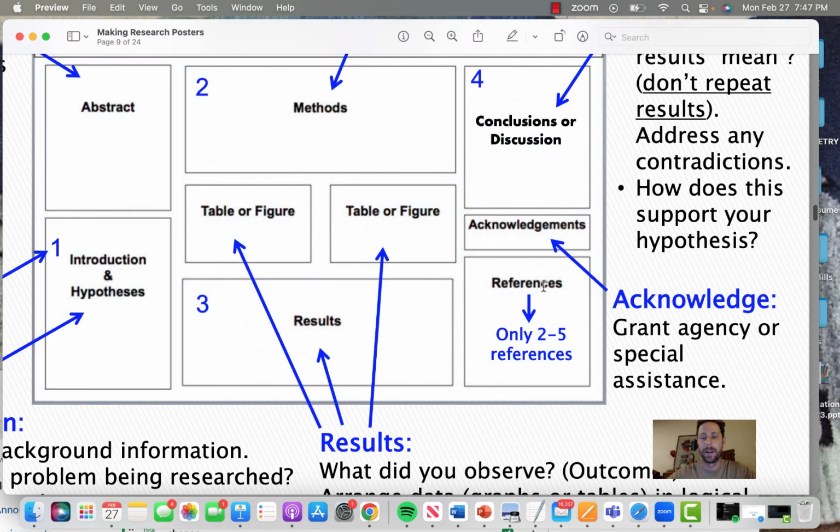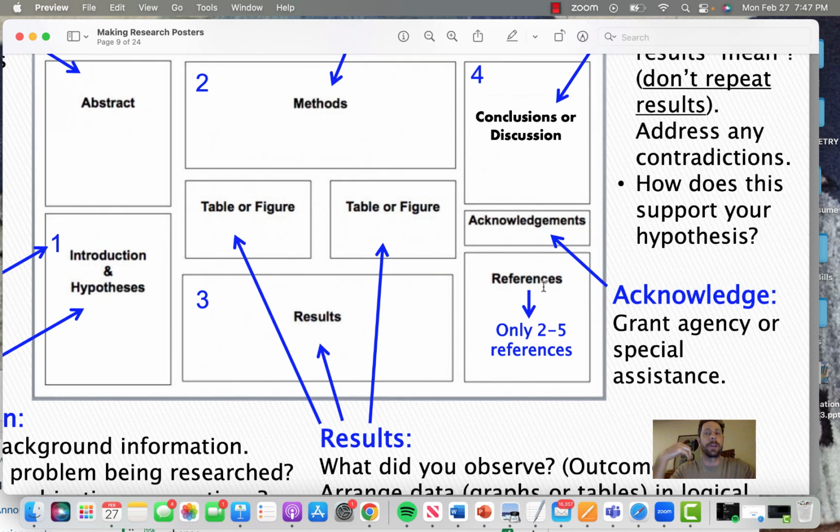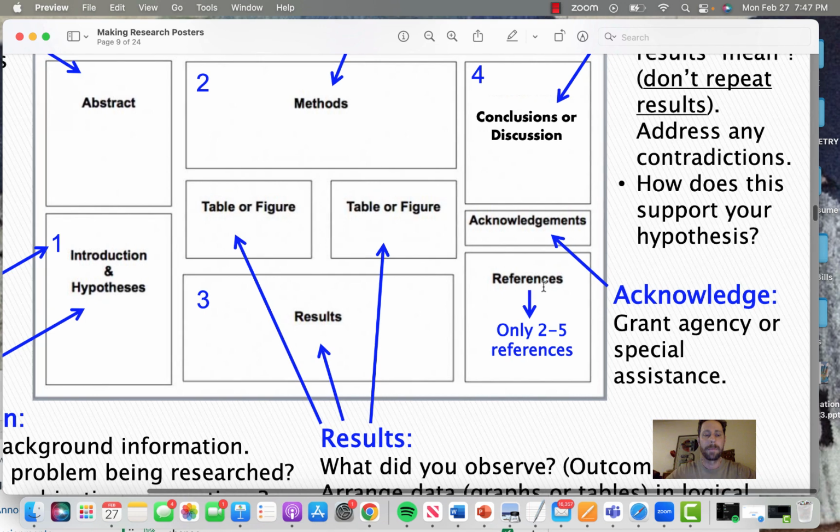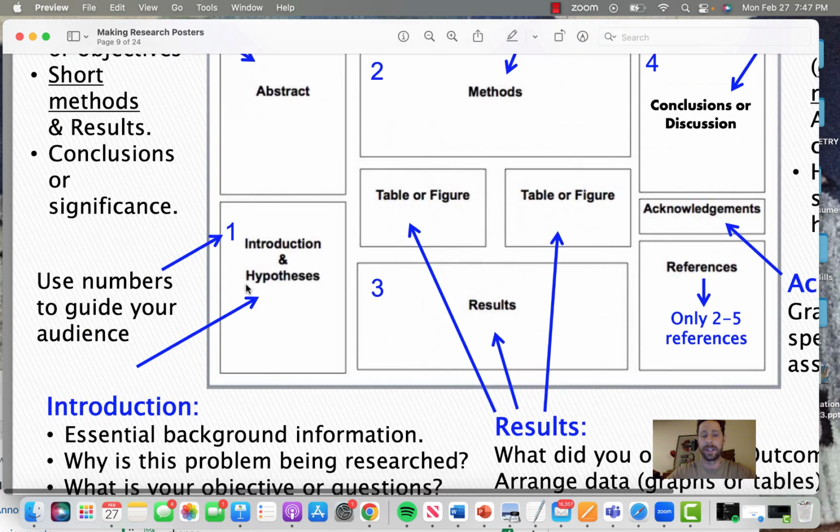References are the newspapers, the research articles, the authors, the book chapters, anything that went into your research or your paper. Does that make sense? The introduction is very similar